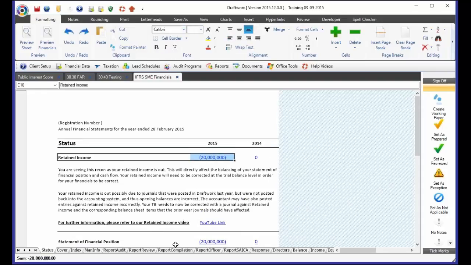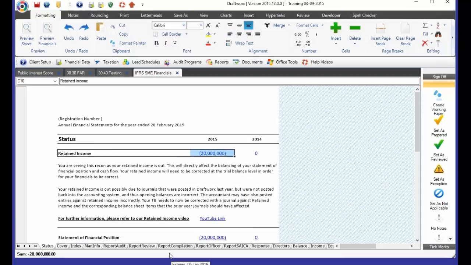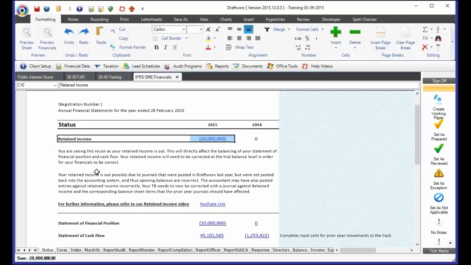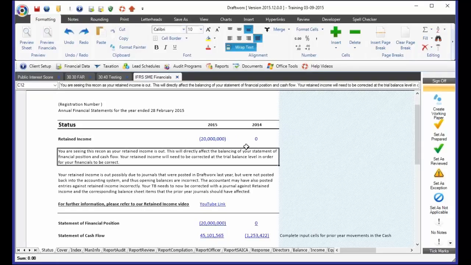Now, this topic was covered, I'm sure, in the Draftworx introduction. There is a specific reason for this. Yes, my trial balance is in balance, but my retained income opening balance is actually wrong. So we basically force the financial statements to show an out of balance amount if our retained earnings is out. Otherwise, your balance sheet doesn't equal your statement of changes in equity, and it'll be more difficult for you to